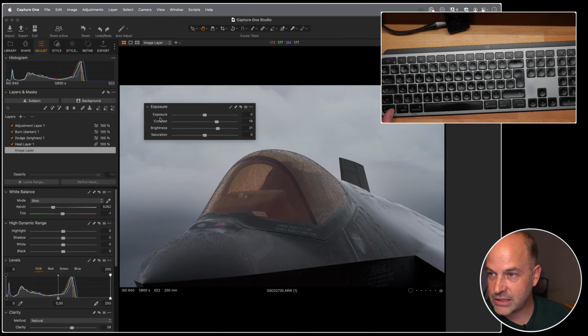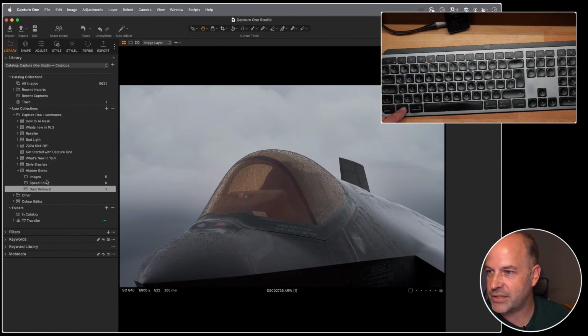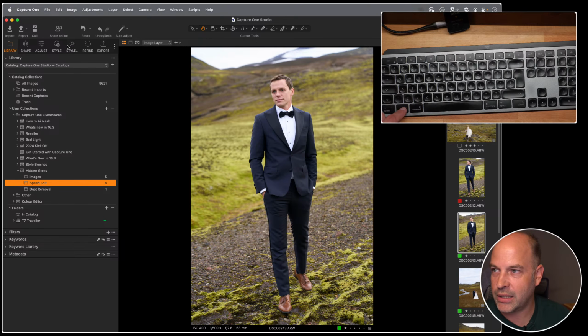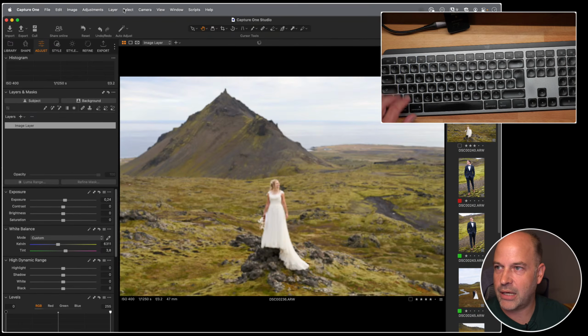So yeah, long press, double click to reset, Alt click to temporarily reset. All very, very useful all the time. The last one, which is a little bit on the kind of nerdy side, but someone actually mentioned it this morning and said, don't forget to talk about that because I find it really useful, which is the ability to select